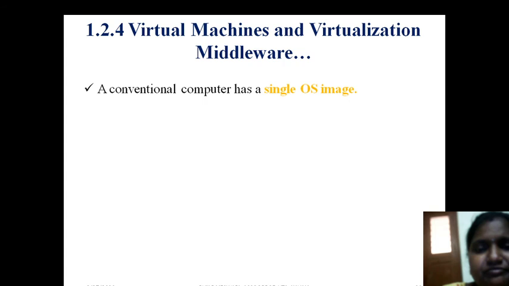But if Linux is coming, it is not compatible with my hard disk. Then what happens? We need a conversion from one form to another. Who will convert this? My host OS. See, we have two persons, one an English fellow and one a Chinese fellow. Both want to communicate, but they don't share the same language. Both are different, and neither can understand the other's language. What happens? We need a translator in between. One-to-one conversion is needed. Like this, the virtual machine is the one which takes care of both OSs.